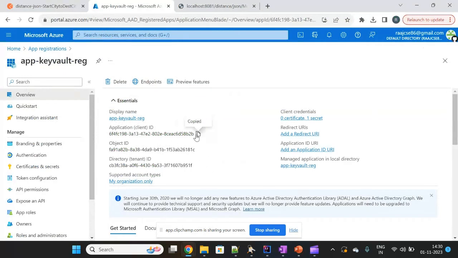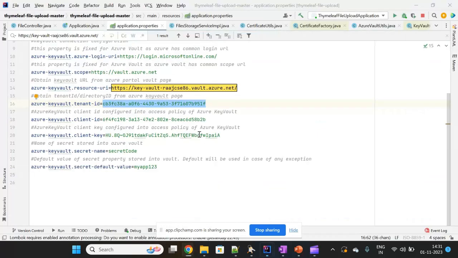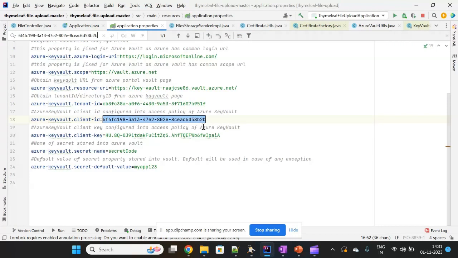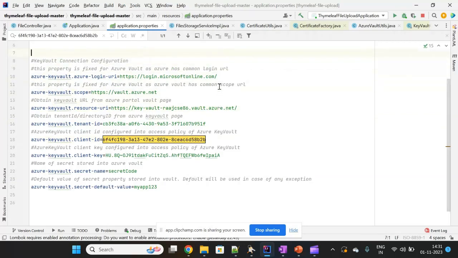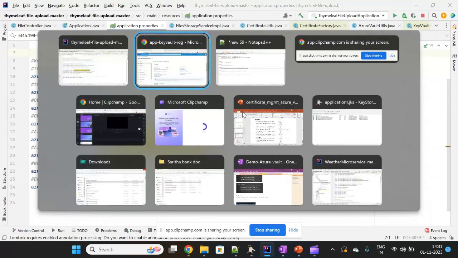So whatever application client ID that you are seeing here, A8B2B, if you come and search it here, that is the client ID. We would be mentioning it here in your application.properties. Basically, in your application.properties, once you are done with creation of the Azure Vault, these are the steps